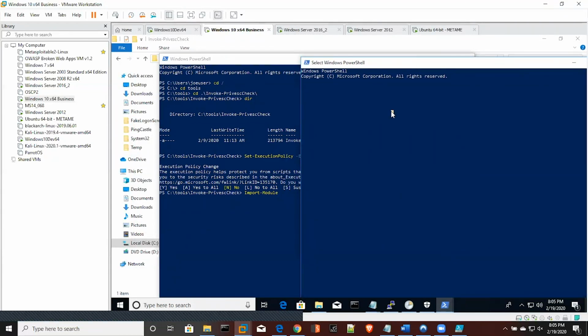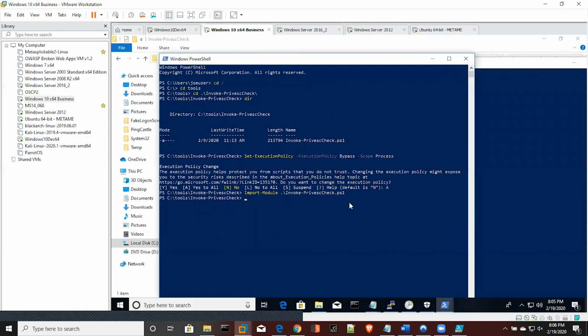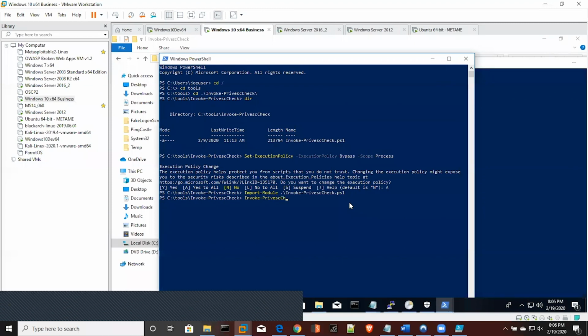Autocomplete sometimes can be a problem. It's a blessing and a curse. Okay, there it goes. All right, yeah, it finally came back. So now we're just going to go Invoke-PrivEscCheck,